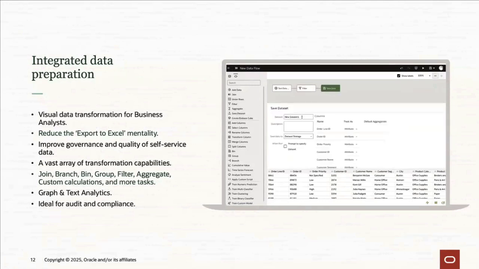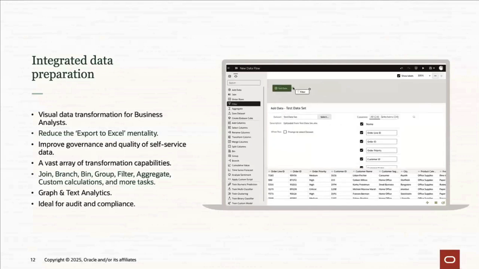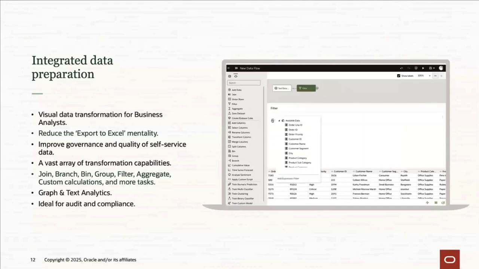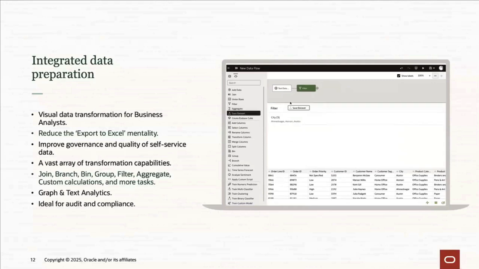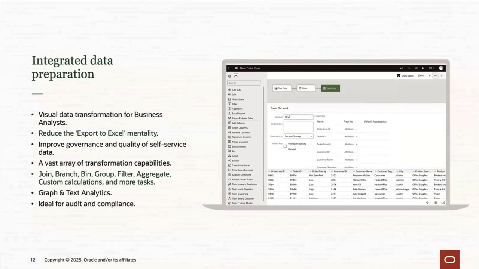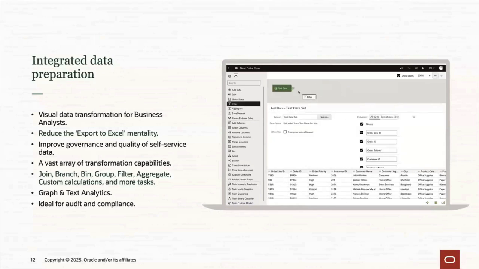And in case someone is not super familiar with SQL and some of these data operations, there is a very simple wizard-like approach that is taken. So you can use your branches, your aggregates, your groups, your joins, all through this drag and drop menu. And whenever you're changing your data, there's going to be a built-in logging system, so you'll know how you got from point A to point B.